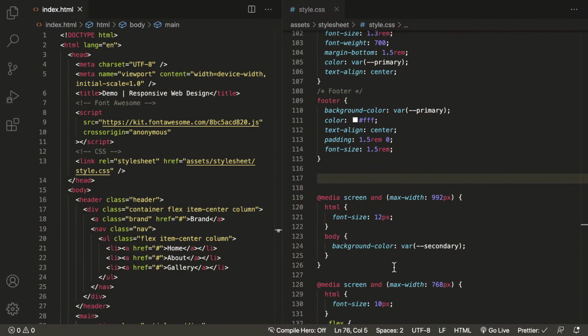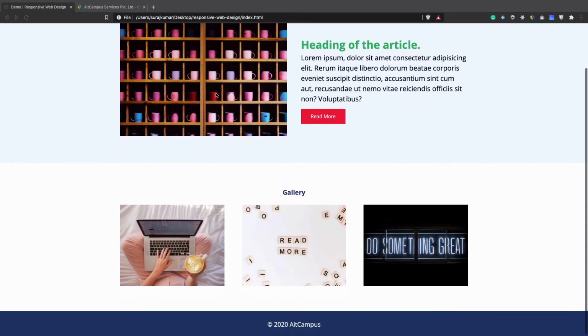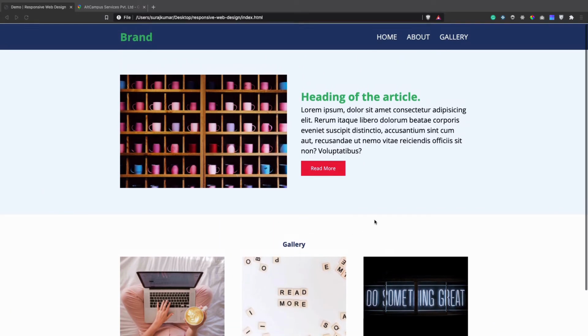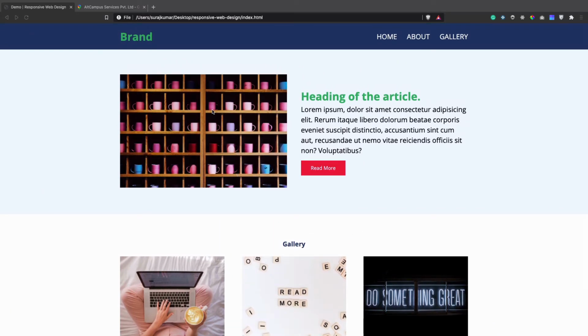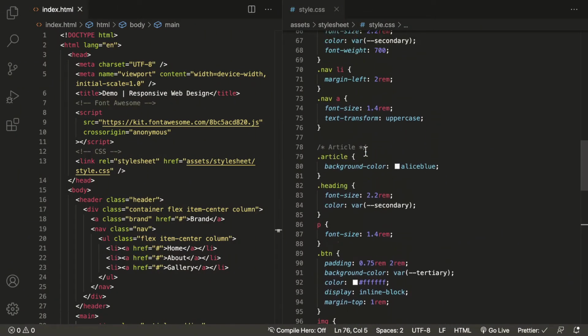So here we have taken a layout, we have seen already how we have created this layout. Now as we all know, these are the different images, these are the different media we have taken. To make this media flexible, so that it takes space according to the size of the container or the column in which it is wrapped, we have taken a width-full class.